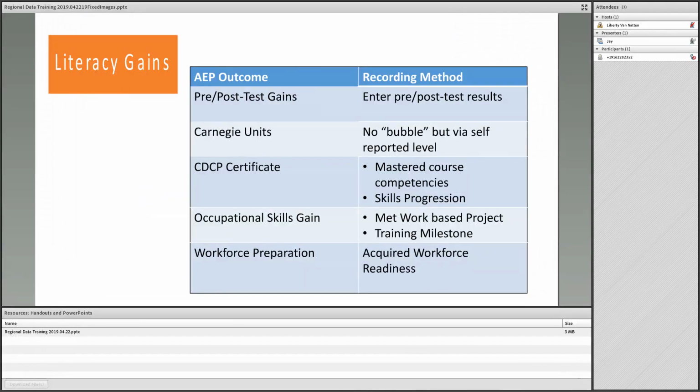Okay, looking at it in a little bit more depth. For literacy gains, we have 5 different gains. We have the most common one that relates to pre and post testing. We also have Carnegie units. We have a certificate on the college side, and then we have 2 outcomes for CTE called occupational skills gain